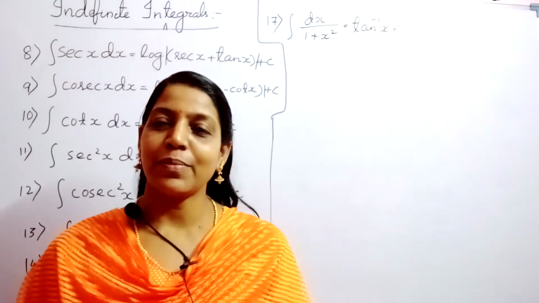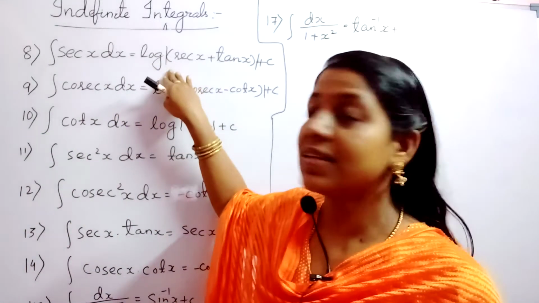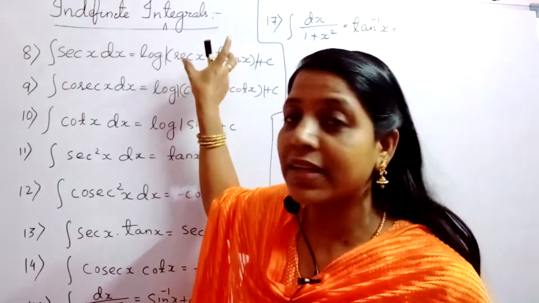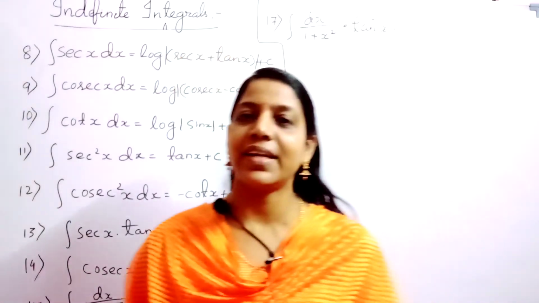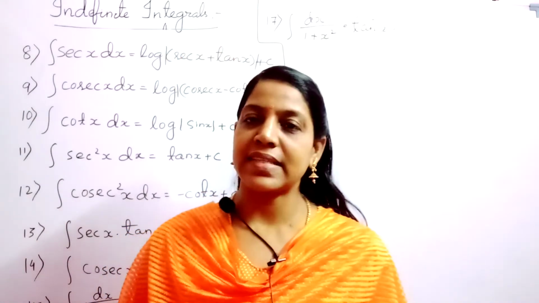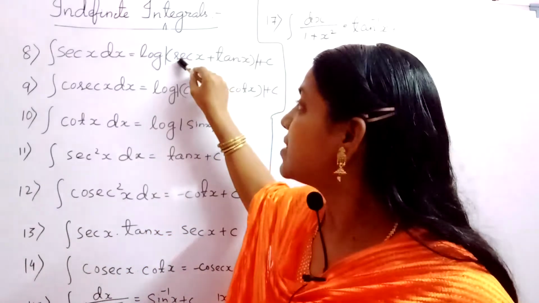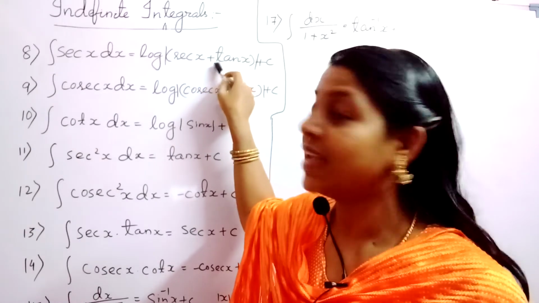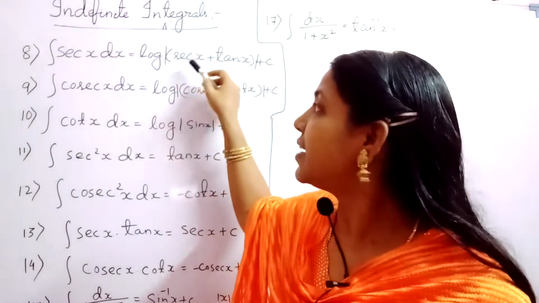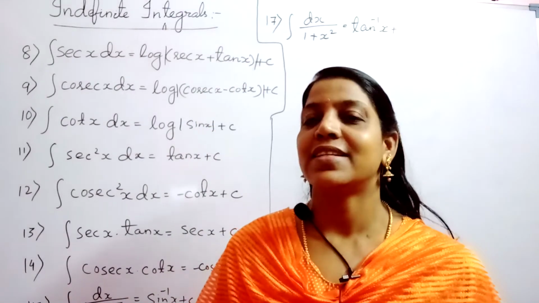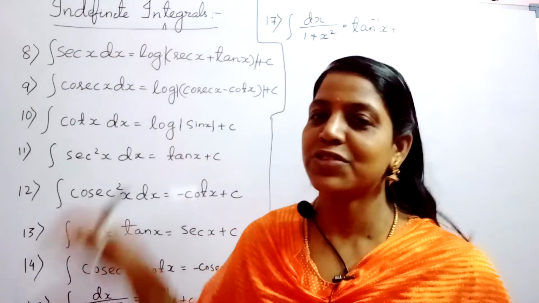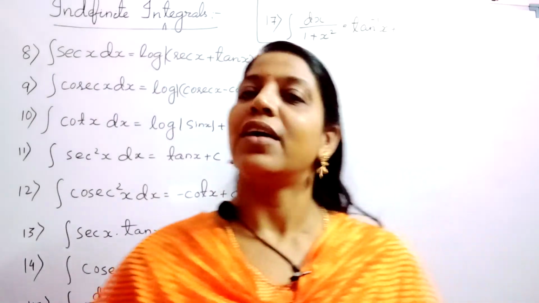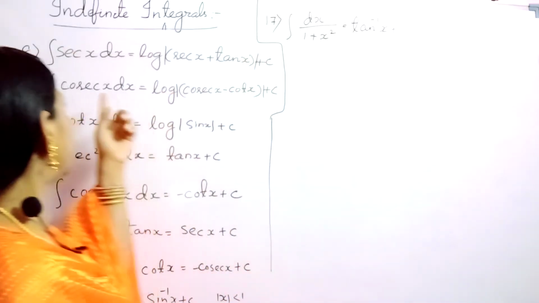Now the question will arise in your mind: how? Consider this as log of secant x plus tan x. If you take the differentiation of log x, what will you write? Log differentiation is 1 by x, then apply the chain rule. Then secant x will be secant x into tan x, and tan x will be secant square x. So take secant x common outside, then numerator and denominator will get cancelled, so you will get secant x. You just try by yourself and get it done definitely, because previously I told you the method of how to do it. Clear? Now go to the next one.